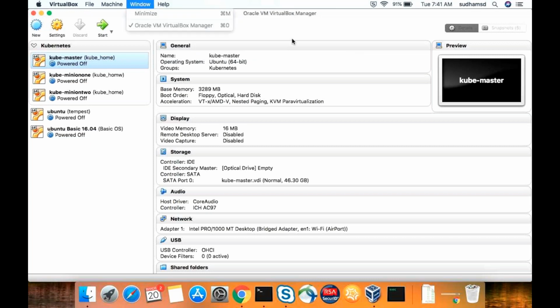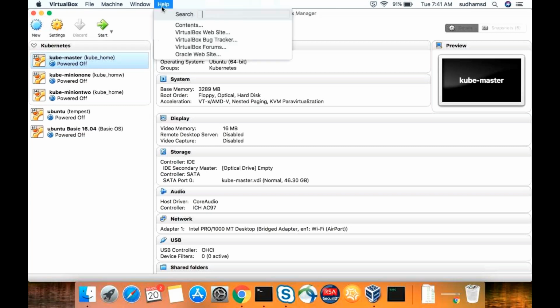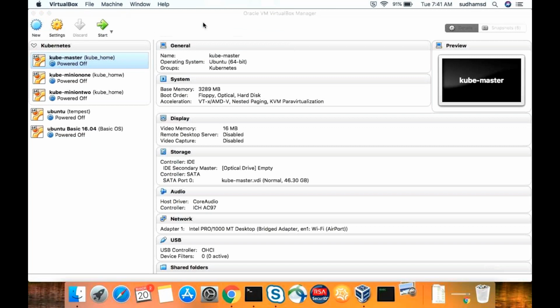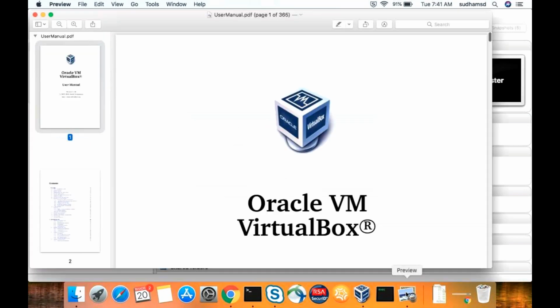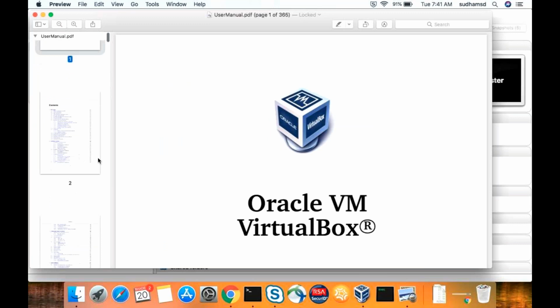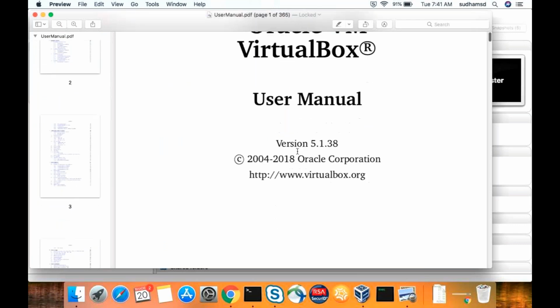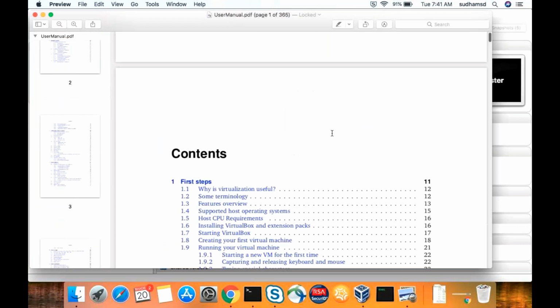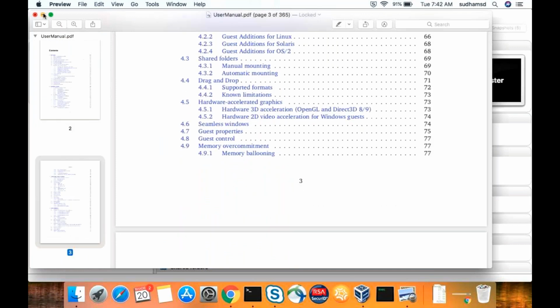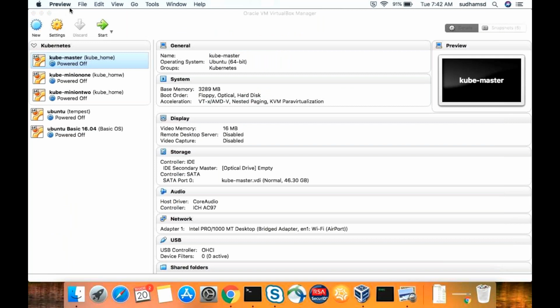So now the question is, after installing it, what are the things we need to follow? The only thing you need to look at is network. My version, you can see here, is 5.1.38, which I'm using right now.